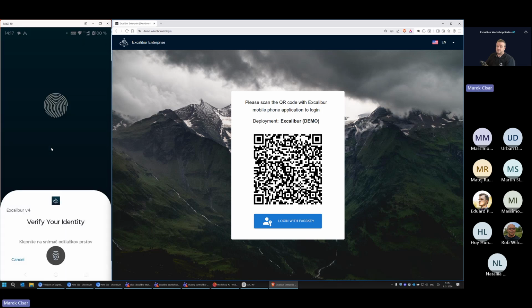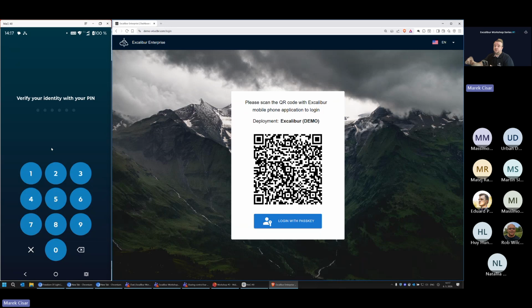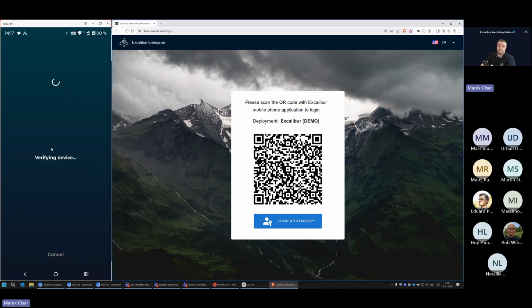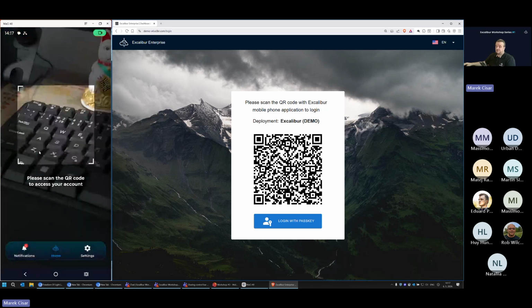So not only the login functionality is multi-tenant, but also the peer verification functionality is multi-tenant as well, because it must be. Okay, successfully not logged in, but user verification was successful.